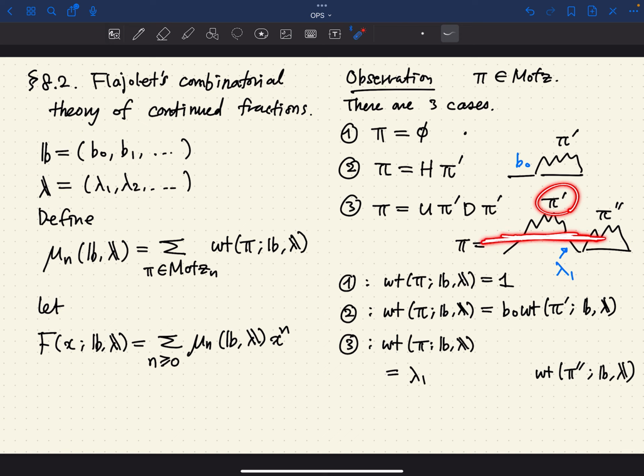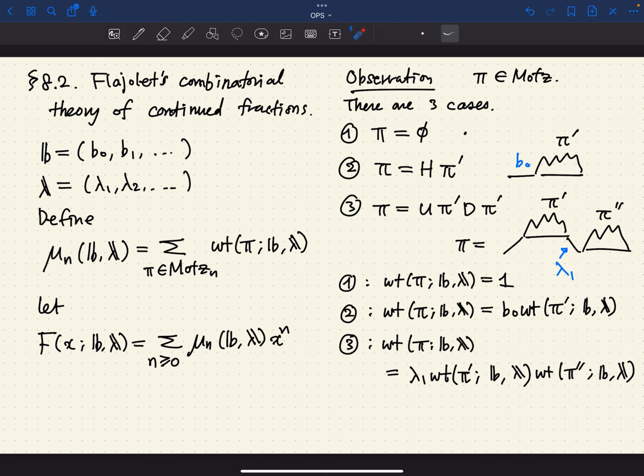I consider this as a Motzkin path with this 0 level. Okay? Then we cannot simply say this because the weight is shifted. So this weight here, if you consider it in this way, will contribute lambda 1. But it should really be lambda 2 because the height is shifted by 1 above. So